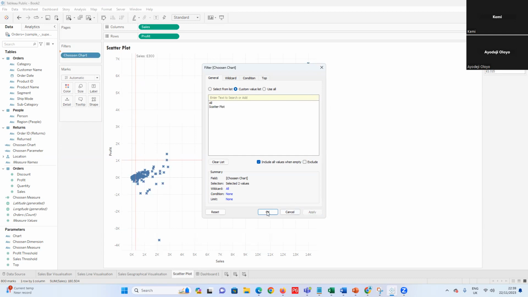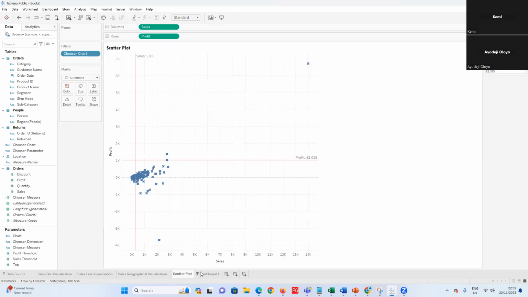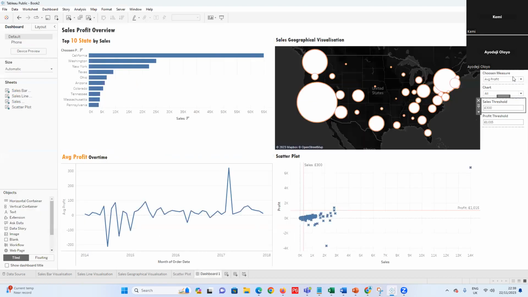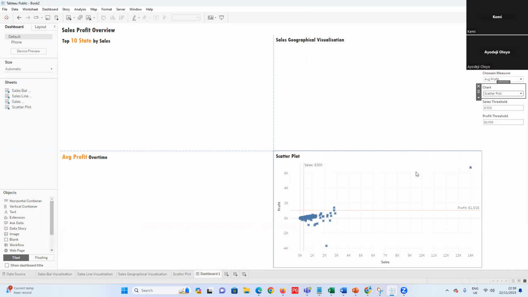See, okay, apply. So we know that if you come to this place and select scatter plot, only the scatter plot shows. But we need to look for a way that everything is going to show on one sheet, right? That is the part that